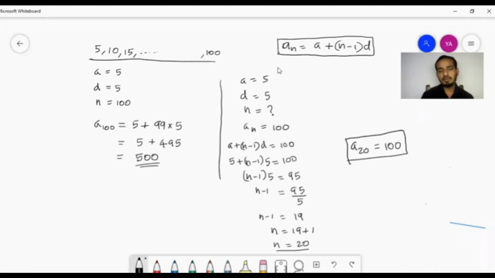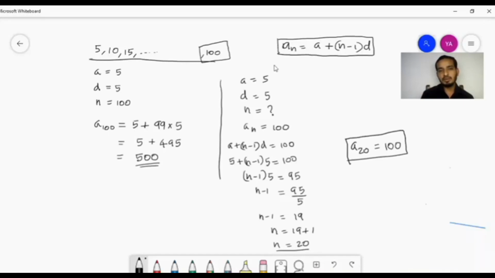In the same way, if you get any question like this to check whether a number is a term in the sequence or not, you can do a similar idea. So if that number is a term in the given sequence, you will end with a natural number value for n. In the previous example, for 100, n is 20, the position is 20. 20 is a possible position. We use natural numbers to represent the positions: 1, 2, 3, 4, etc.